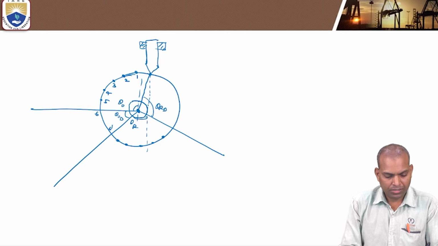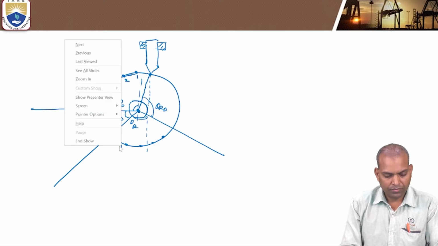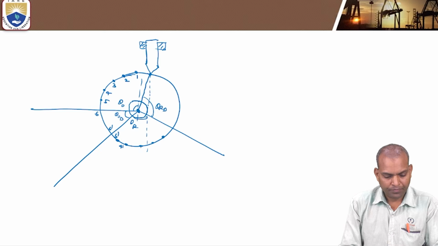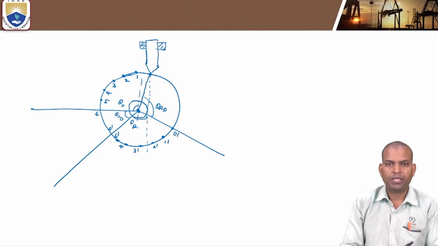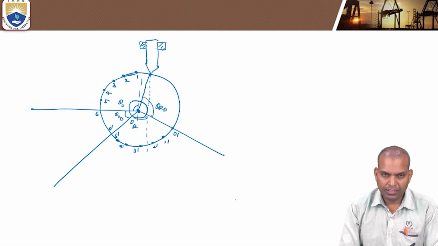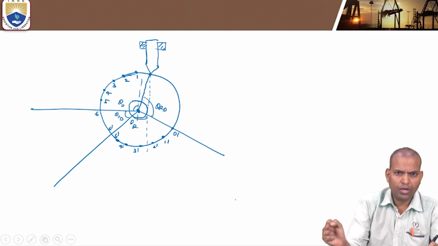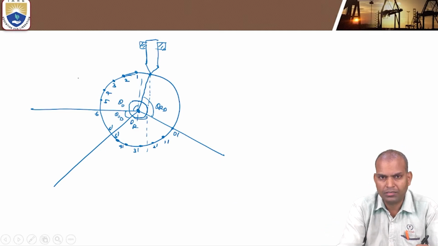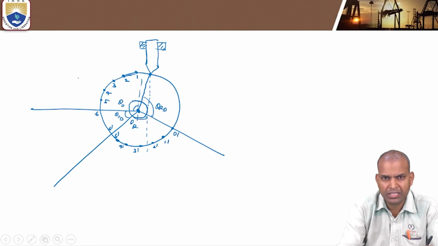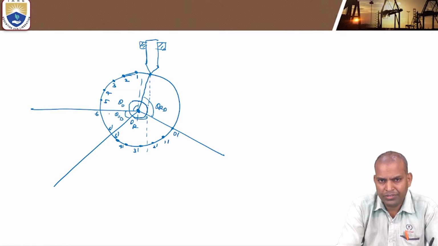This is 6 dash, 5 dash, 4 dash, 3 dash, 2 dash, 1 dash and 0 dash. Very important here: in zero offset, we draw radial lines from the center of the base circle passing through the divided points,